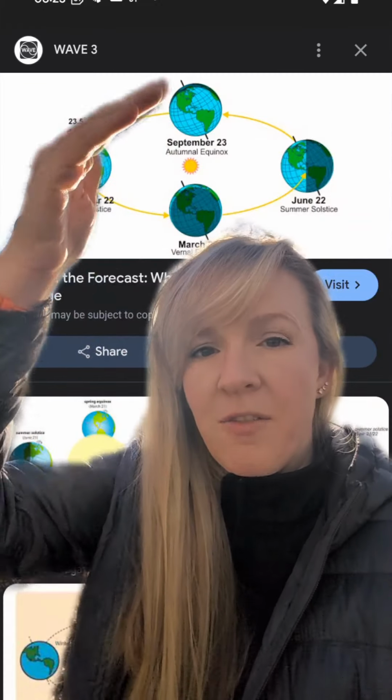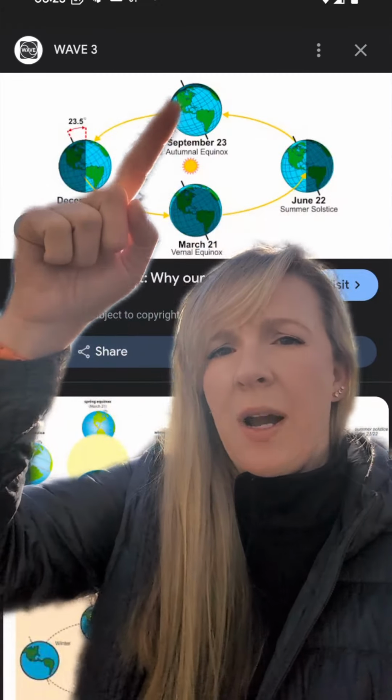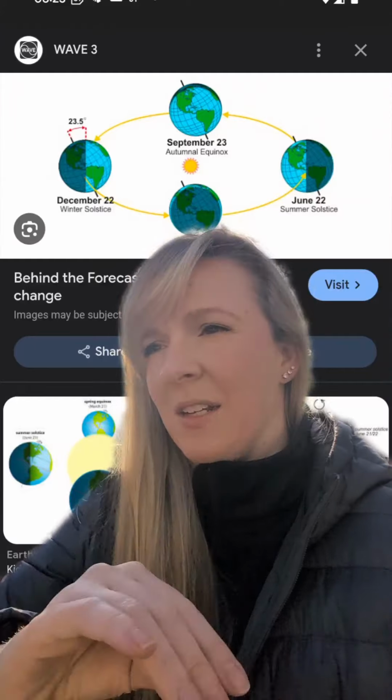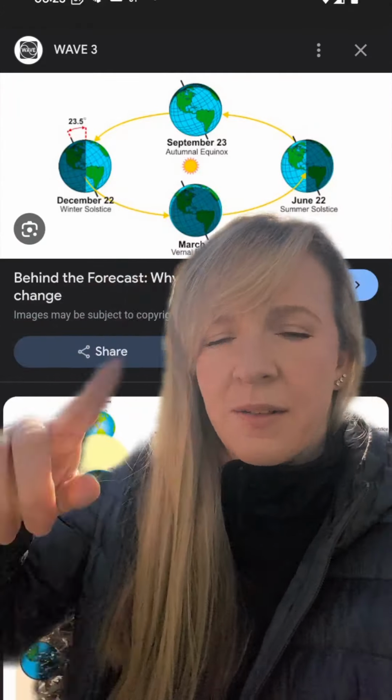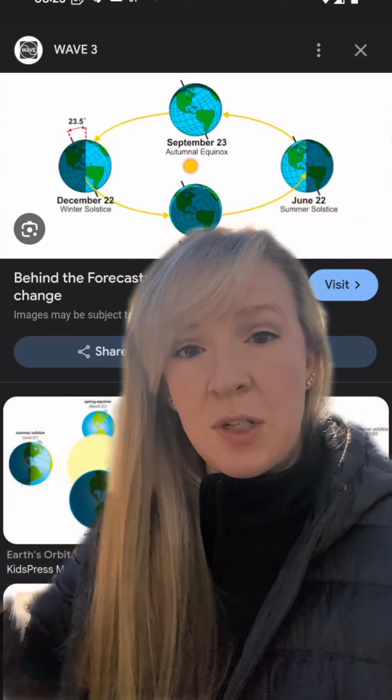These equinoxes, the vernal and autumnal, which are the spring and fall equinoxes, are when the sun is shining basically right over the equator. It gets equal amounts. So we are here. Sometimes it can vary a little bit. Sometimes it's the 21st. This time it's the 20th. And it's right around those times of the equinoxes that our day and night times are almost equal.